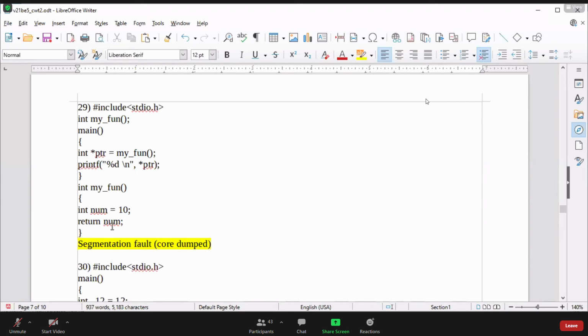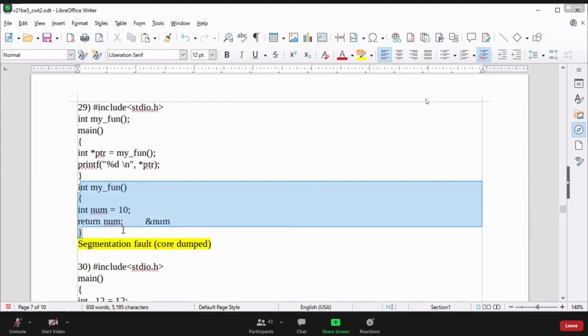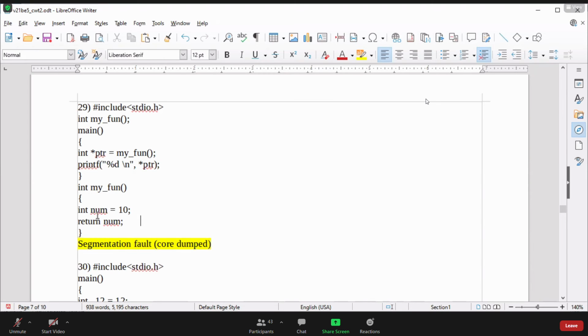Here we are not returning an address, so we need not worry about the dangling pointer concept. If from here we were returning an address, meaning ampersand of number, then number is an auto variable, and if we return its address, its life is going to end, and in such a case a dangling pointer would happen. But here, it's not a dangling pointer.